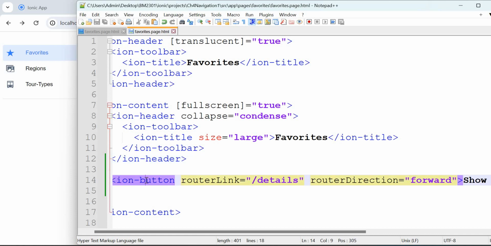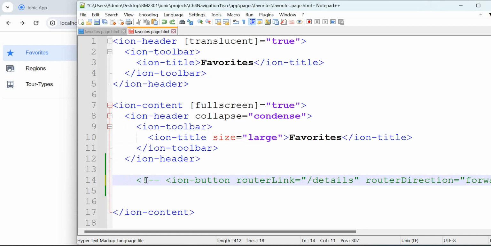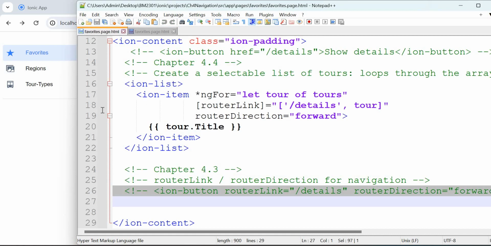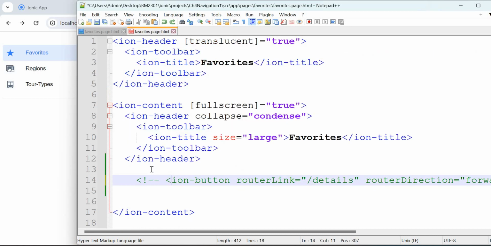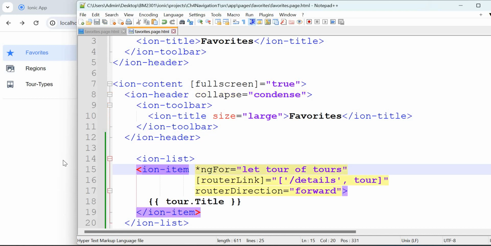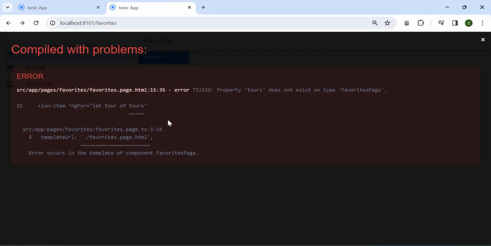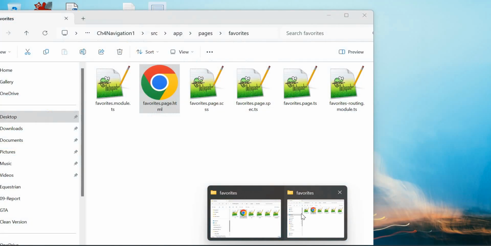I don't want a listing. I don't need this. I need the listing here. Okay, so how to get your listing right now? To get to that listing, this is the listing here. So let's go back, and remember, I'm keeping it outside the header. It's not inside the header. So save it here. It says there's an error here because it doesn't know what is called as tools, right? It has no idea what is tools. You see, property tools does not exist. When you get such errors, you just need to go in and check